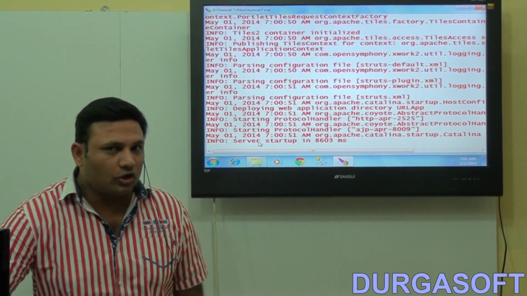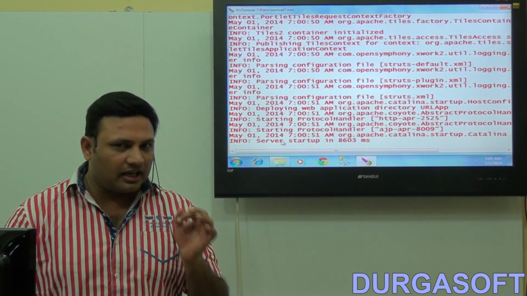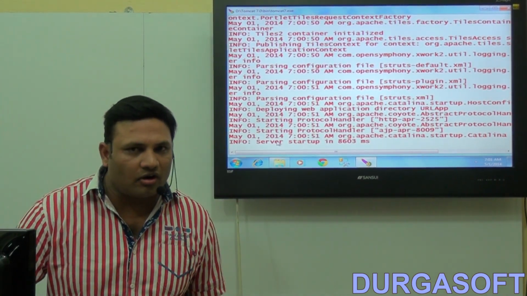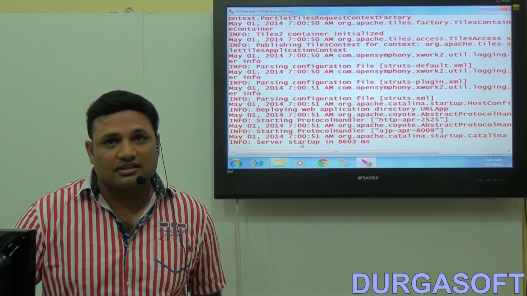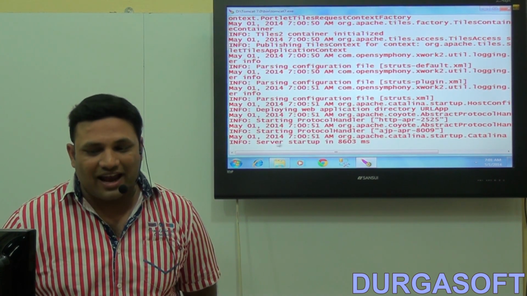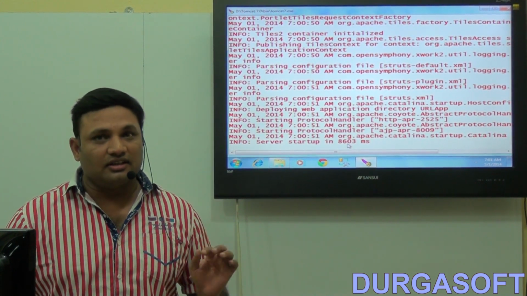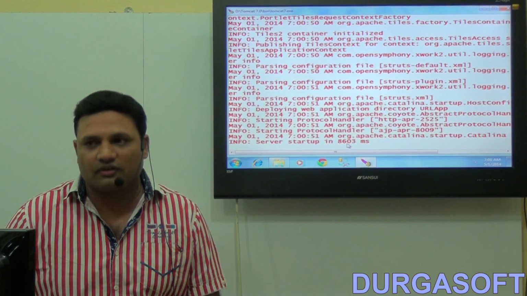This indicates Tomcat is a server. If Tomcat were a container, they would have given the statement "Container startup in so and so milliseconds." So they have given "Server startup in so and so milliseconds," which means Tomcat is a server.